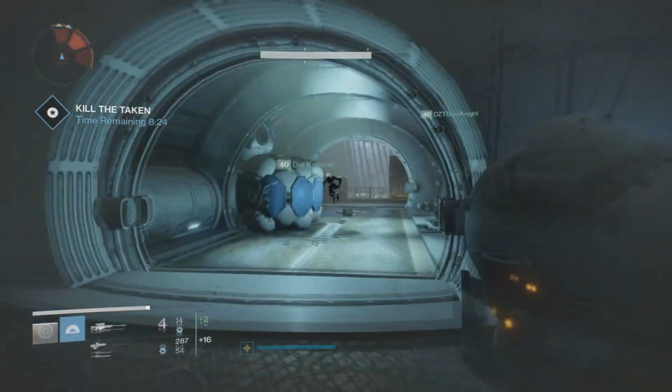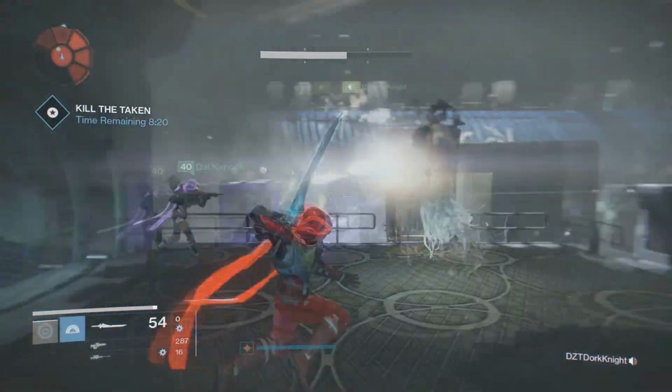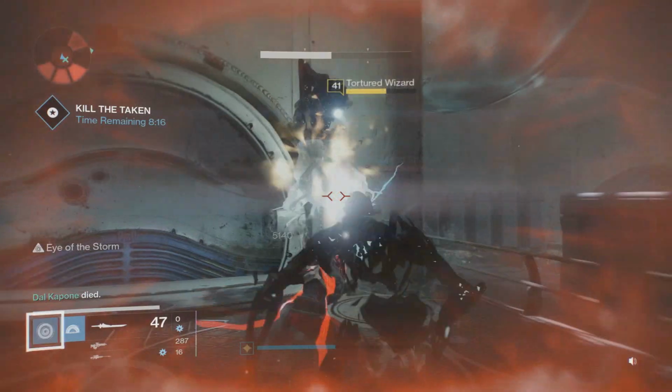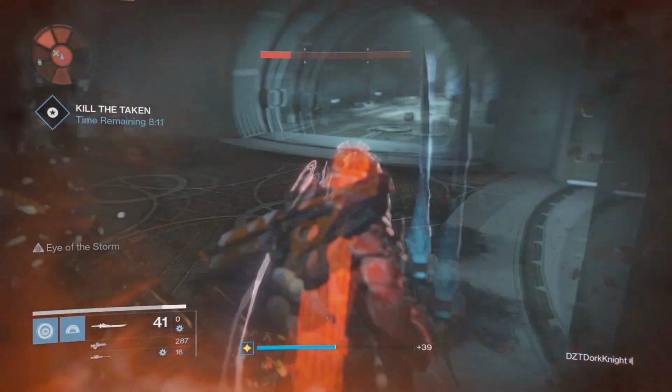You will notice that there's actually quite a few Taken wizards here with void shield, and also some Taken vandals with snipers in the back. Pretty much enemies are scattered here, but once again you are on a time limit, so try to do this as fast as possible. But anyways, once you get all the enemies taken out at this part,